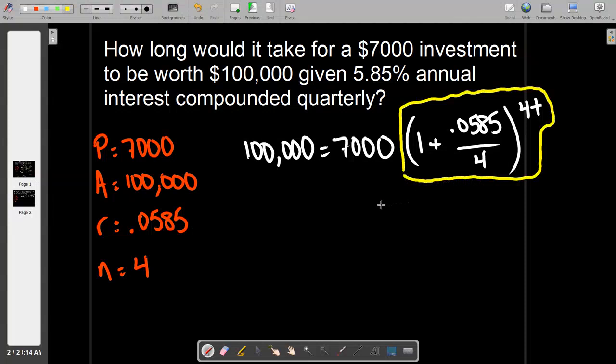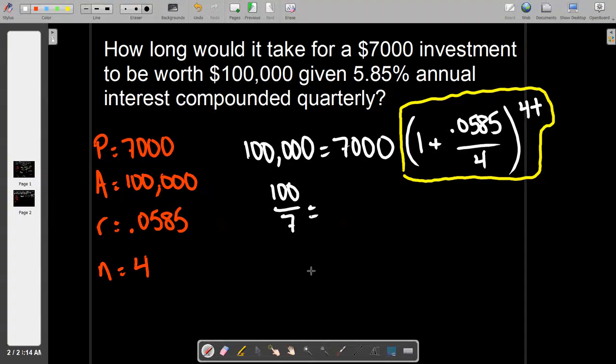So what do we do first? Divide both sides by 7,000. And if I think about division, I know that dividing by anything that ends in 3 zeros means that I can take 3 zeros off of the top number and then just write the bottom number as a 7. So what it looks like as a fraction would be 100 sevenths. That's just 100,000 divided by 7,000. Kill the common zeros and you're left with that. If you divide this one into your calculator,